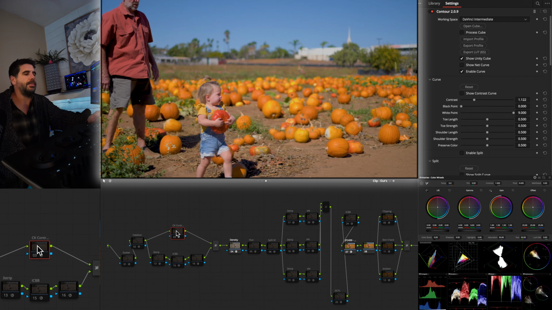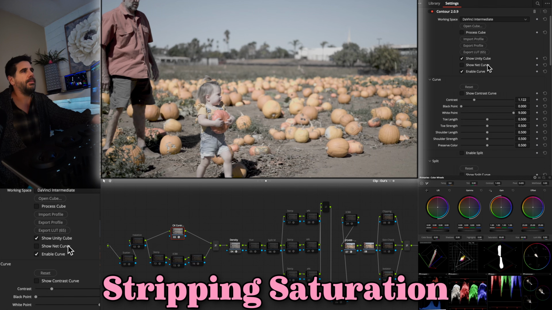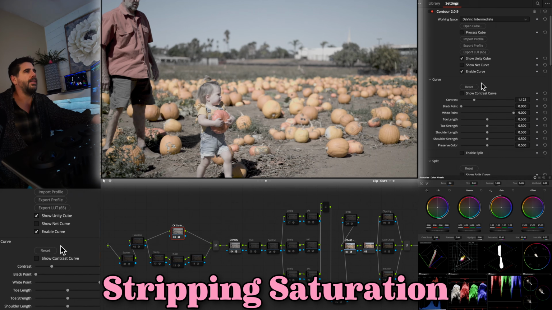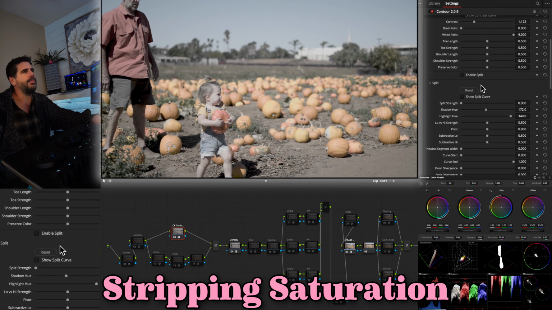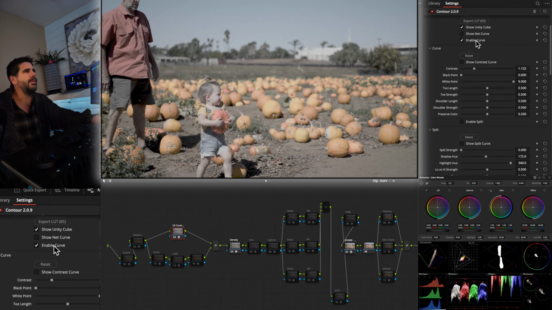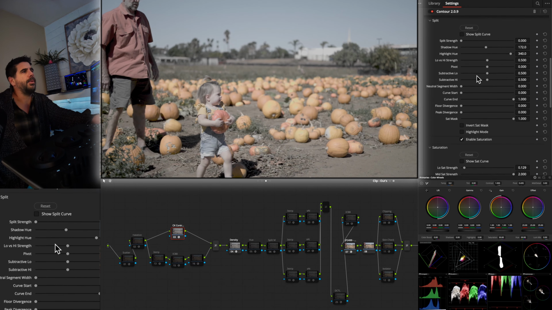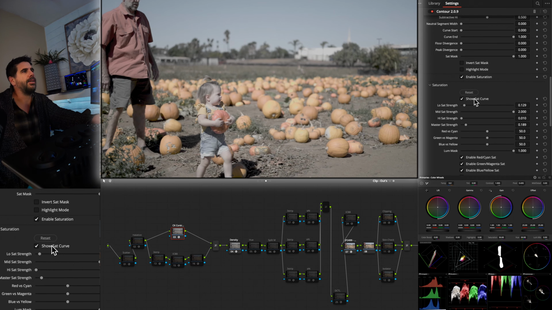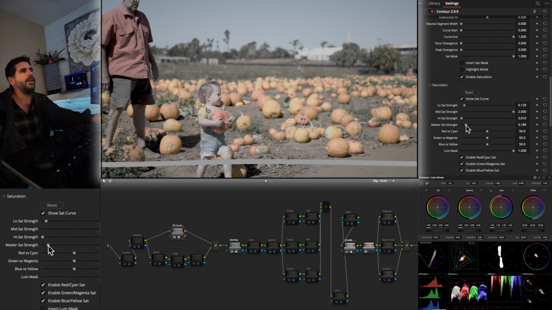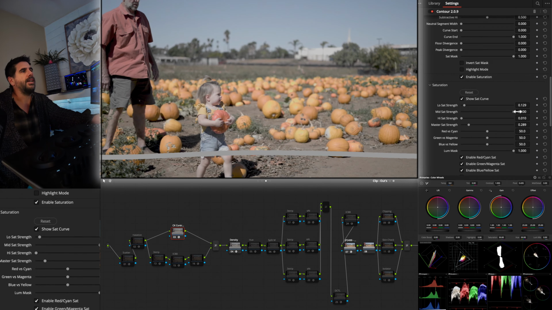So what we were doing in the previous one was I am using Contour, which is a paid OFX plugin, and there is a slight hit on the curve, very slight. I actually probably don't even need it. Of the contrast curve, but what I am doing is with the sat curve, and yeah, it's very low and very bleached, but you can see as I bring it back up, what I have going on is I have cranked